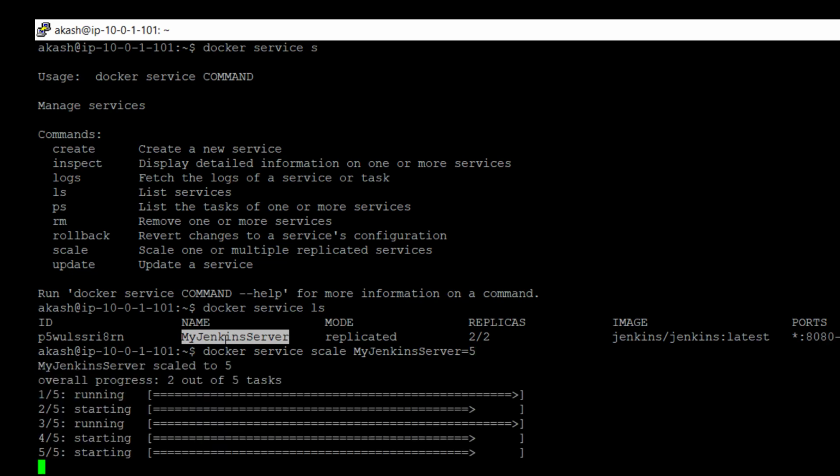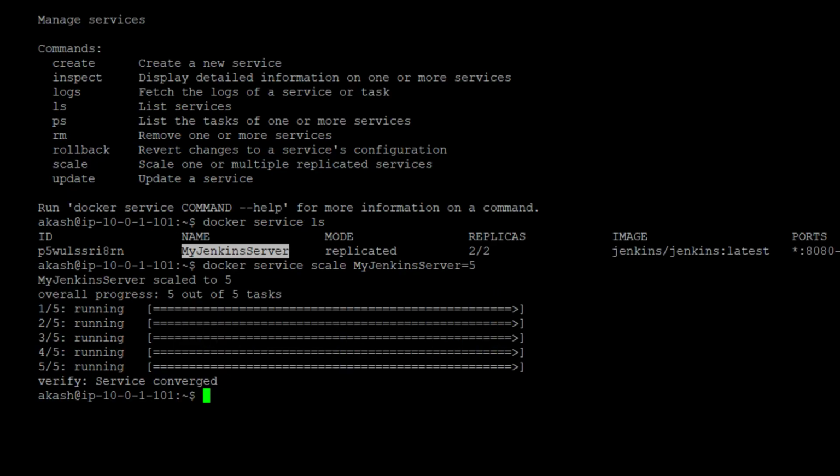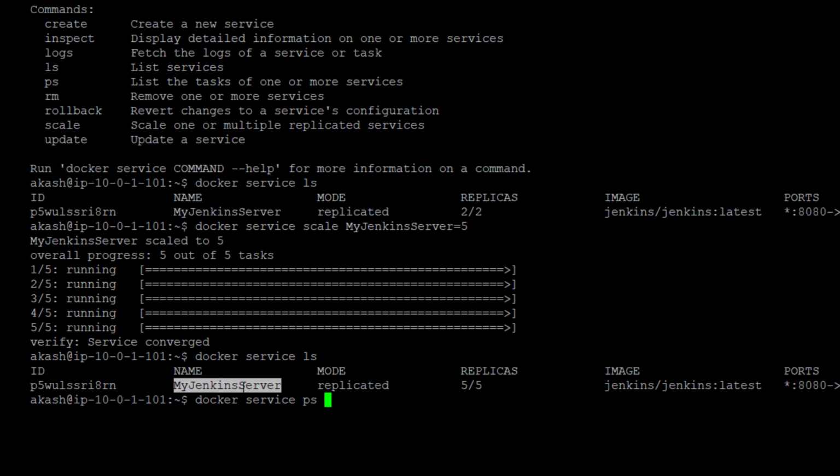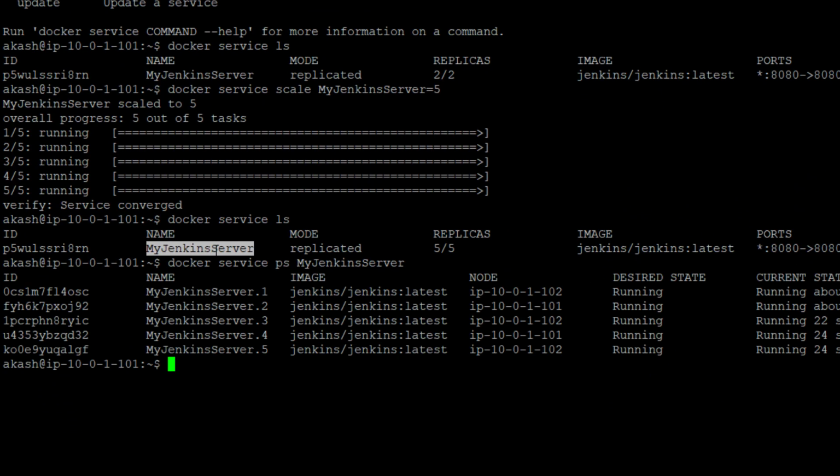So let's do that. If you run docker service ls and docker service ps and then the application service name, you can see over here that all the 5 services are load balanced and distributed across both the worker nodes, worker node 1 and worker node 2.